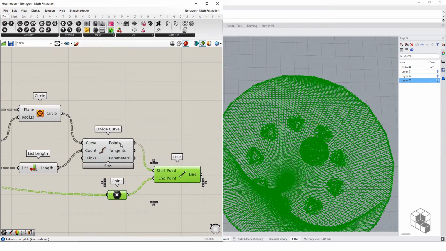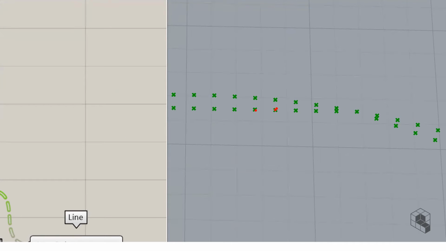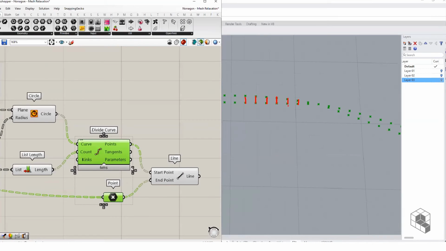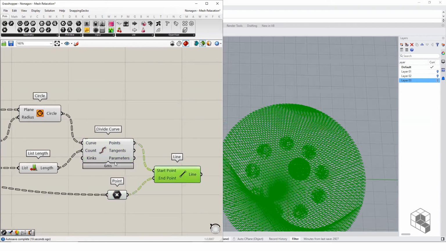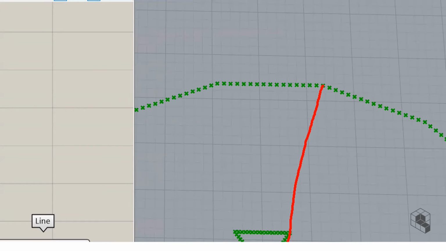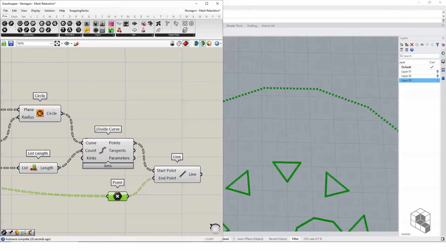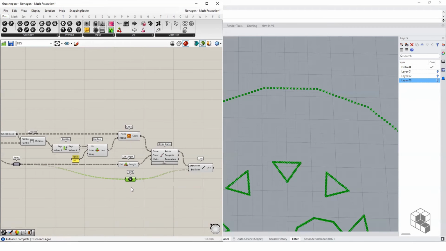Ideally, what we would want is that these mesh points should go and anchor to their closest curve point, right? Whereas currently these points are unorganized. Hence, a point which is over here is trying to anchor to a point which is on the other side, which is not ideal. So one of the things that we can do is to take these points